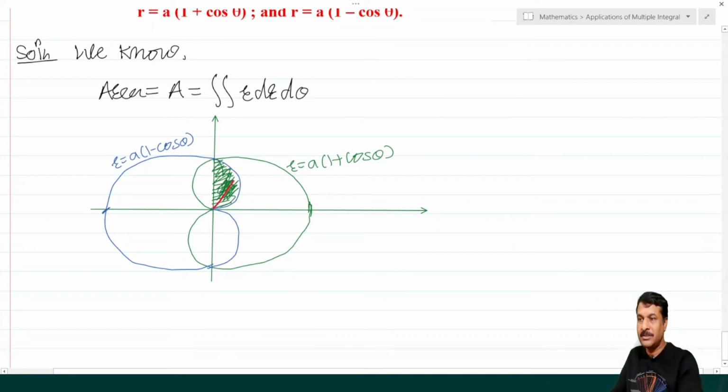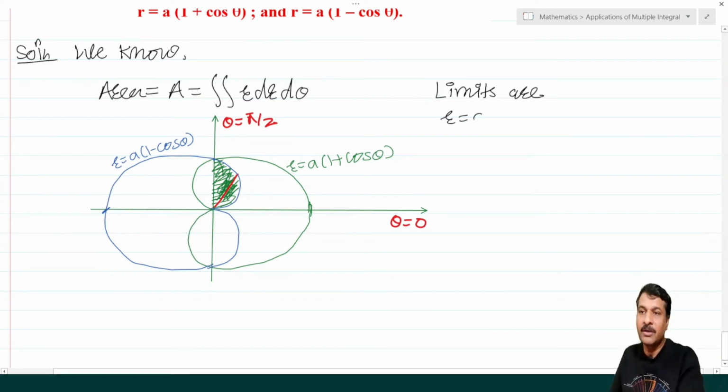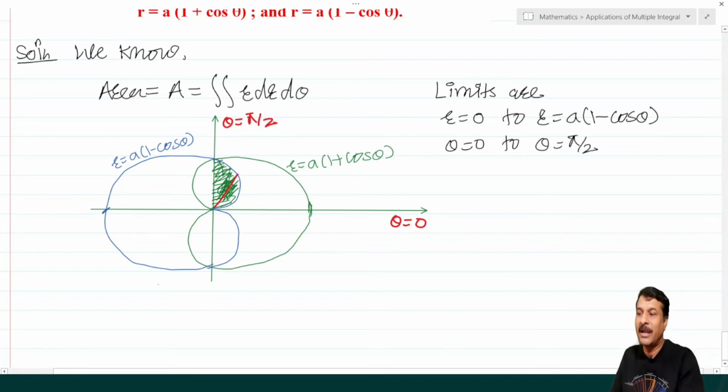Here this is the radial strip, definitely here θ = 0, here θ = π/2, and what about r? Here r = 0 to this blue curve, that means r = a(1 − cos θ). What are the limits here? I can write the limits: r = 0 to a(1 − cos θ), and θ = 0 to θ = π/2, and the required area equals